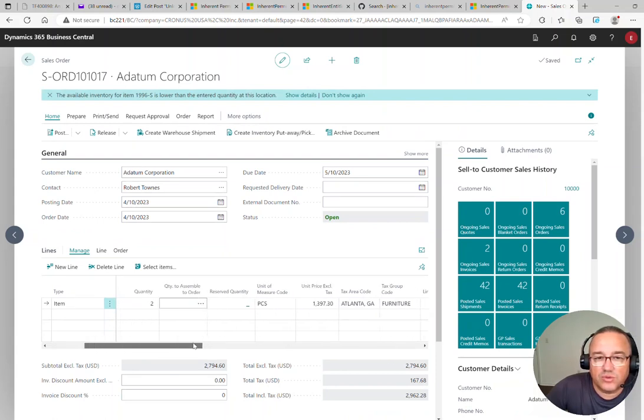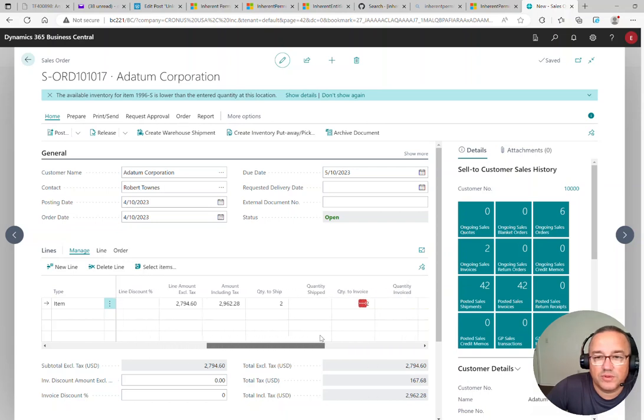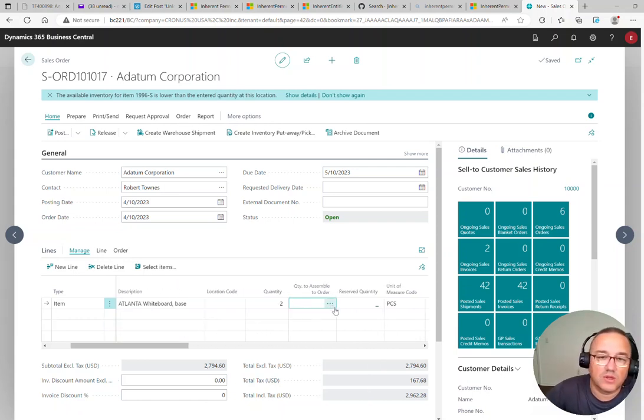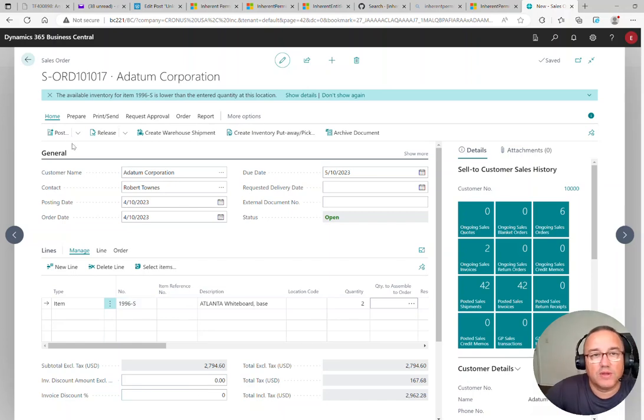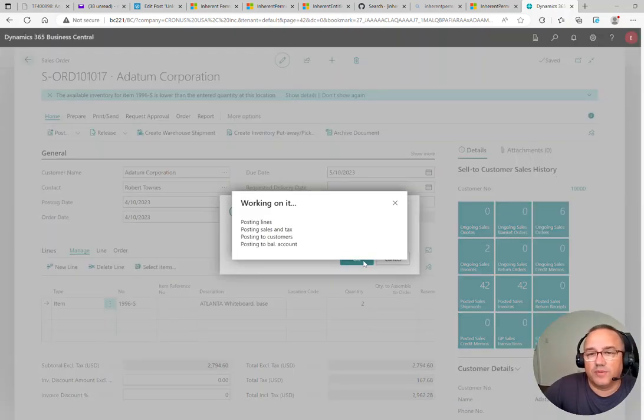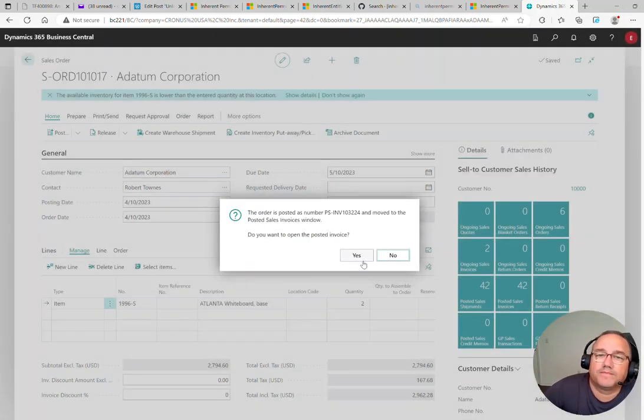So we're ready to ship and invoice, two items of this type. Ship and invoice,